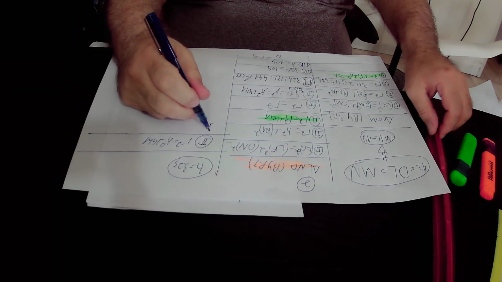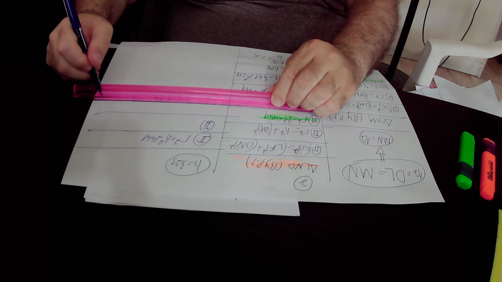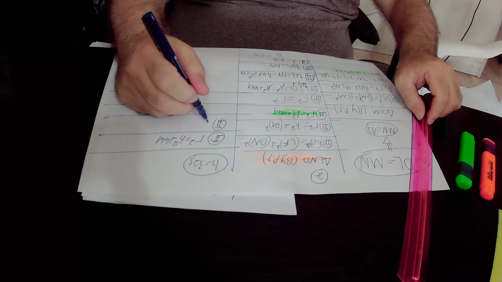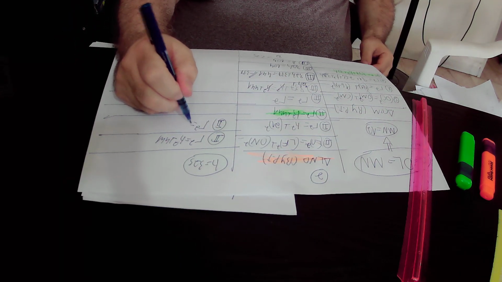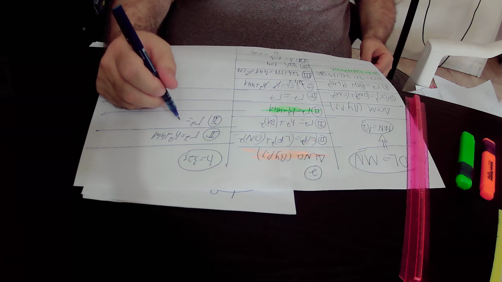So r squared equals h squared, where h equals 3.25, therefore h squared is 3.25 squared, that is